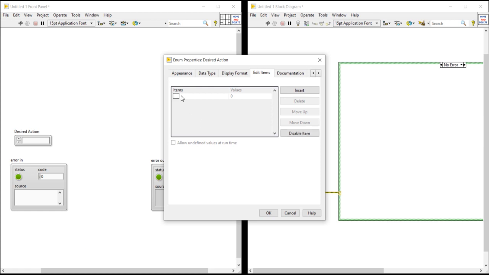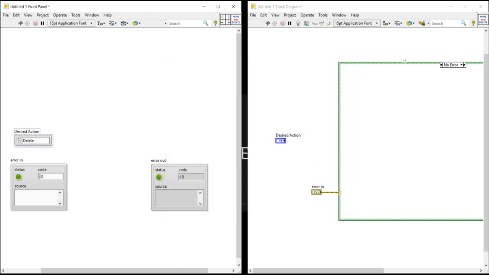Now put in two items, first delete and move. Okay, now we have inserted two items, delete and move, then hit the OK button.